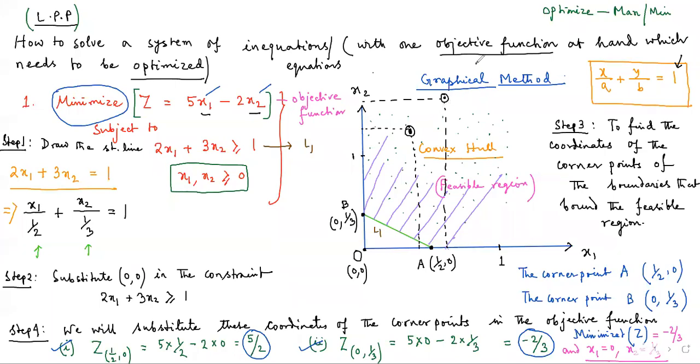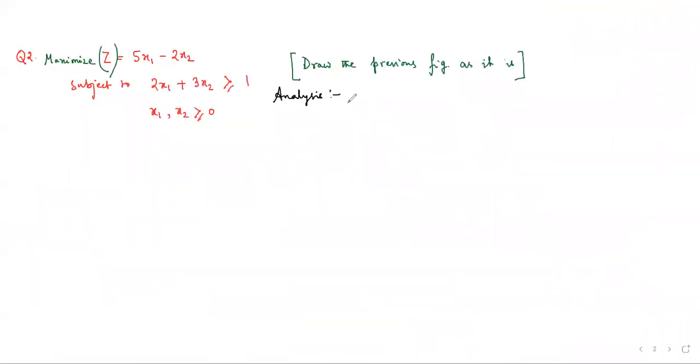If someone takes a point here, it will give some other value which is larger than the previous two, and so on. So if you keep on increasing the value of x1 and x2, the value of the objective function will keep on increasing. Why is it happening? Because there is no boundary on the upper end. It is an open-ended system. So the analysis is, since the feasible region